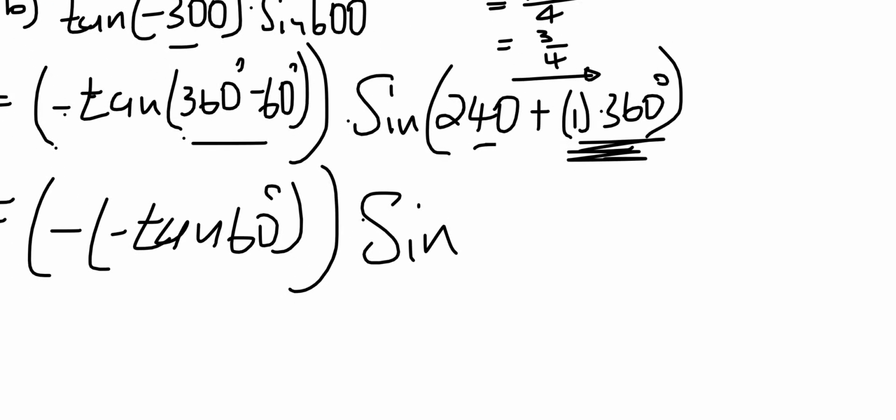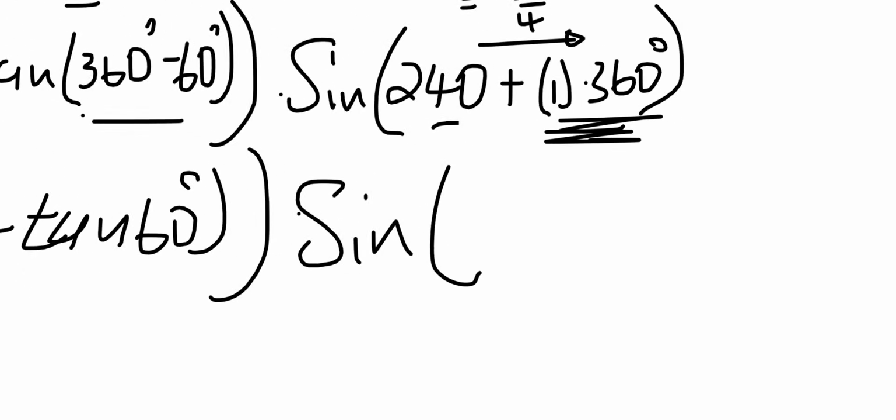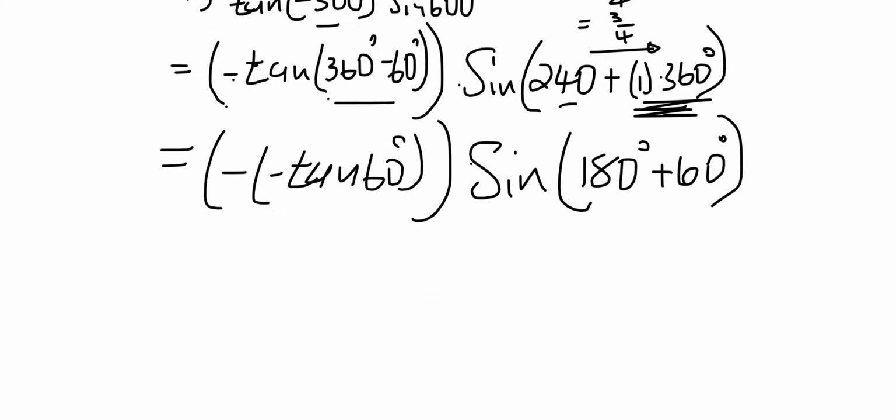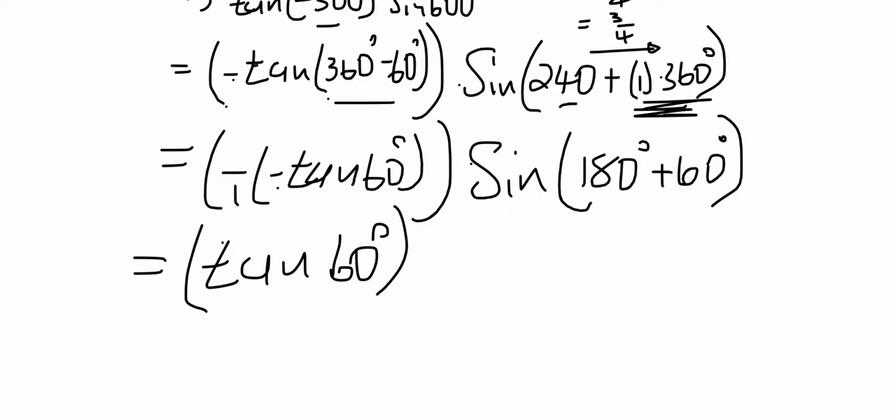240. But let's just take a shortcut then say 240 is the same as what? 180 degrees that you plus with what? I think 60. Yes, if you plus it with 60 degrees, it will give you that. So that negative and that negative will make it positive. So that means you have tan of 60 degrees. I hope you agree with me on that one,